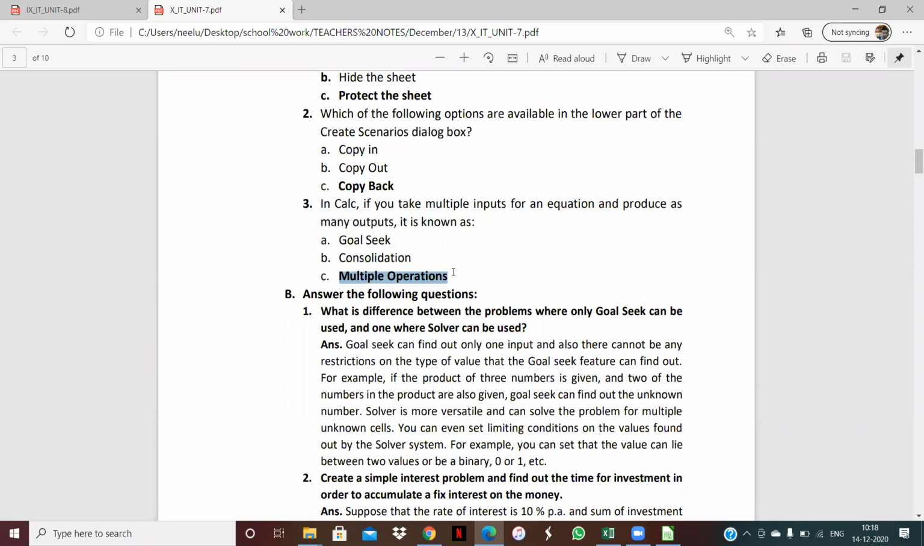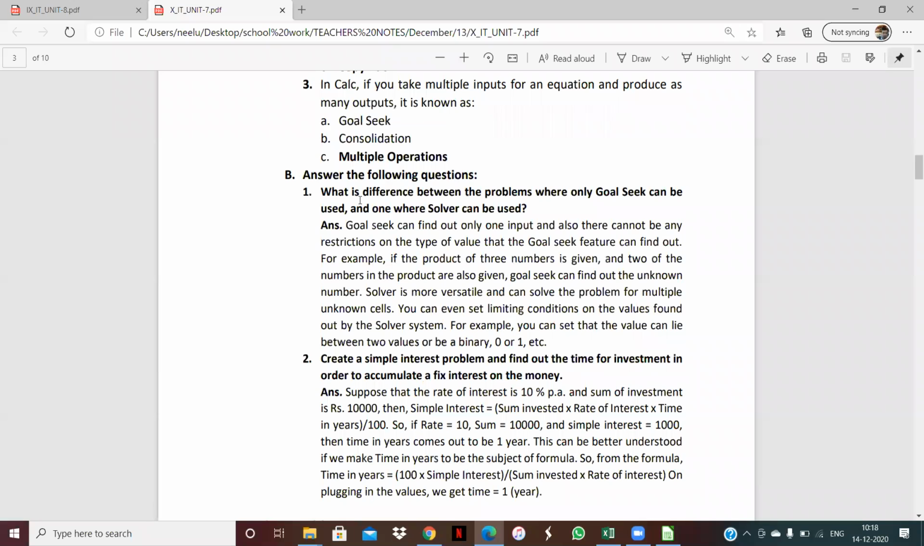Multiple operations means more than one operation we can apply on data, that is called multiple operations. In that, what we do, we set the multiple inputs and produce multiple outputs with the help of multiple operations. Next is here, what is the difference between the problems where only goal seek can be used and one where solver can be used? Yes, beta, we know that with the help of goal seek and solver, what we can do,